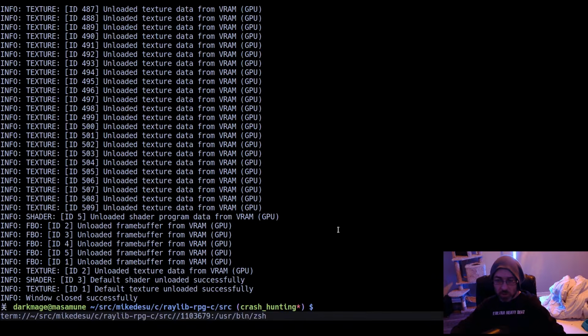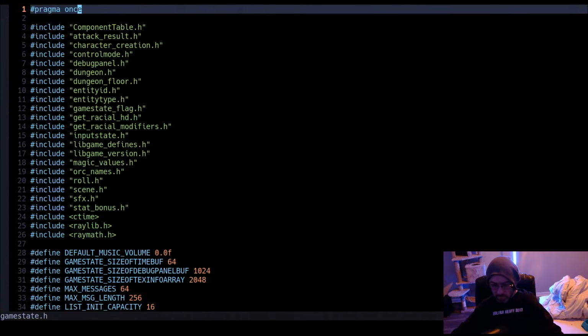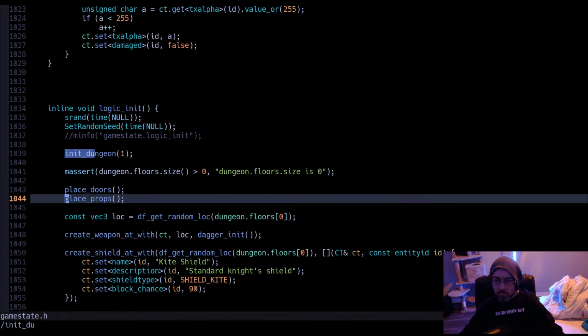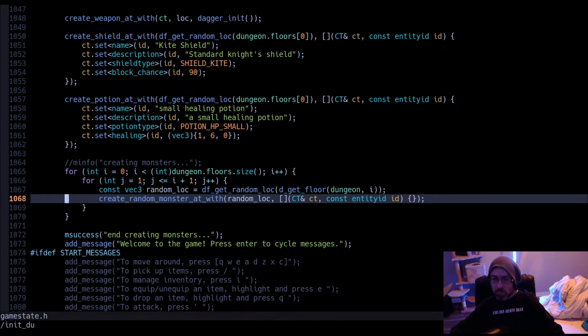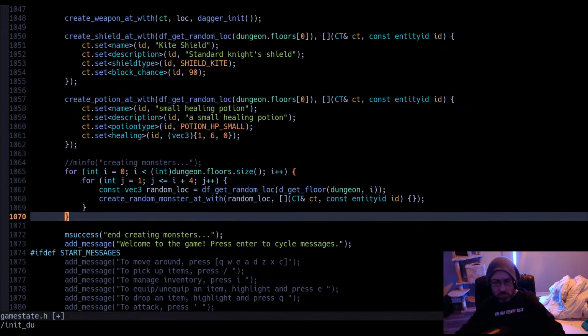So it's a lot harder to notice with only one enemy, but perhaps we can add another. Let's make it a little crowded.